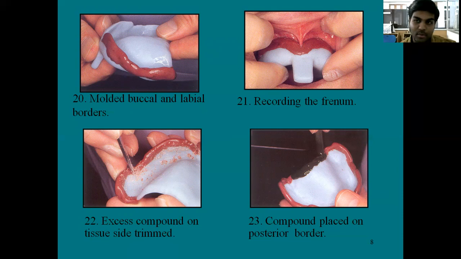So these are three ways with which you can record the posterior palatal seal area. One is Valsalva's maneuver, next is asking the patient to say ha in short vigorous bursts, and also we can ask the patient to swallow his or her saliva with the mouth closed. The other techniques will be demonstrated to you when you come to the clinics directly. For now, keep in mind the posterior palatal seal area is recorded with Valsalva's maneuver and also by saying ha.